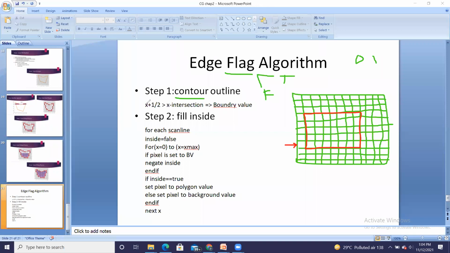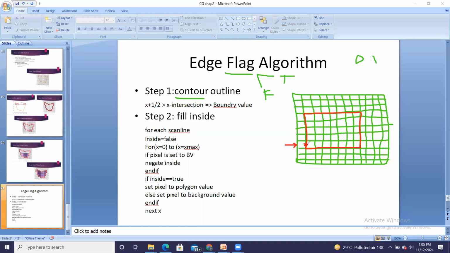So x is nothing but the pixel which is lying on the right hand side of the intersection. So x intersection means what? This particular part. This is your x intersection, where the boundary is intersecting with your scan line.